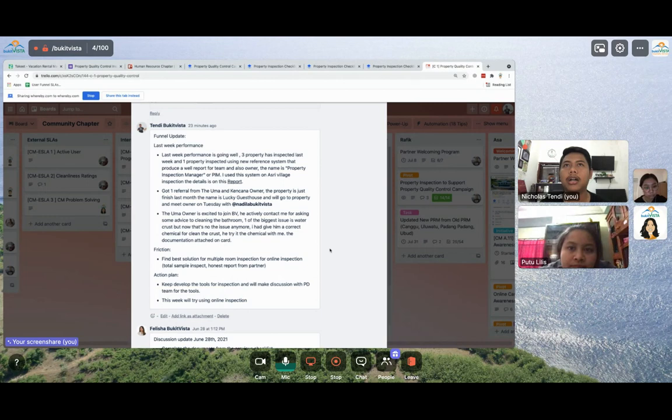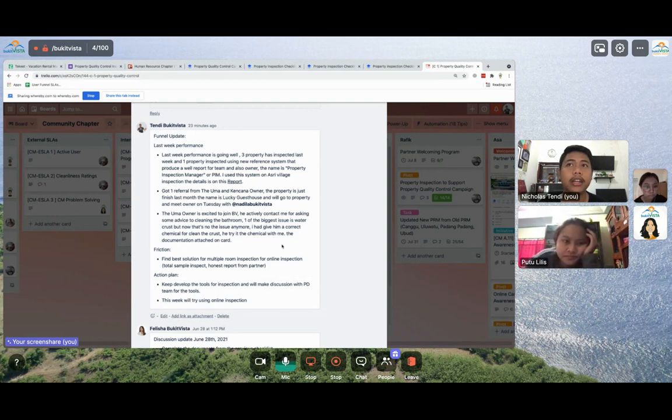The owner is one of the potential owners that want to join Bukit Vista, and he is very excited to join with us. But there is an issue, and he is transparent to me, asking for help and advice. I gave him a solution for the chemical, because that's one of the biggest problems of their property.